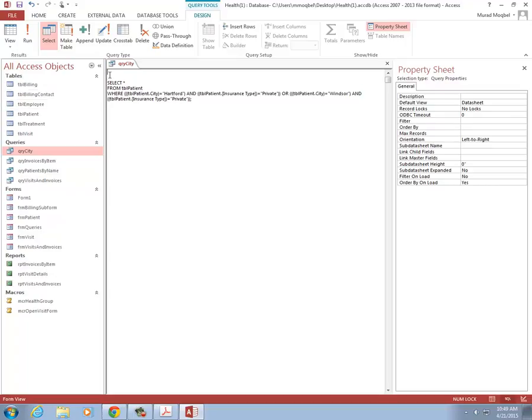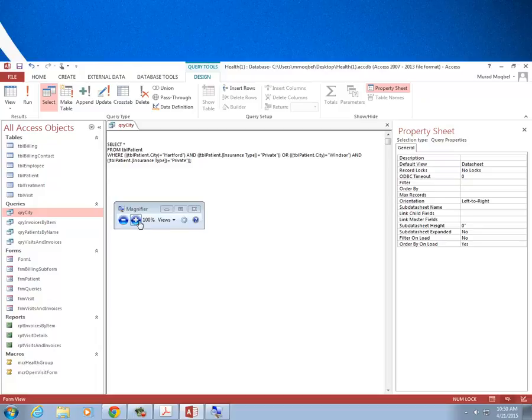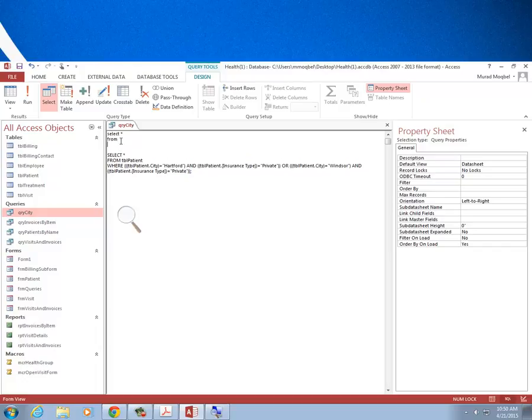So we'll make space here at the top, and then we will type select, we will say select all. The order of lines is not important as long as the semicolon is at the end. So if you want to move from one line to another, sometimes people like that because it gives you kind of an idea or a design where you can see where is what. For example, select all from table visit, TBL visit, where patient ID,